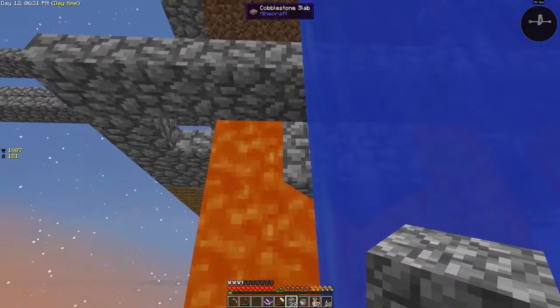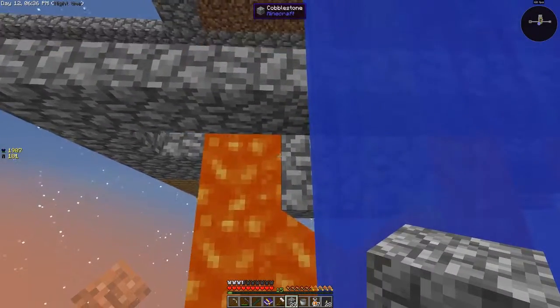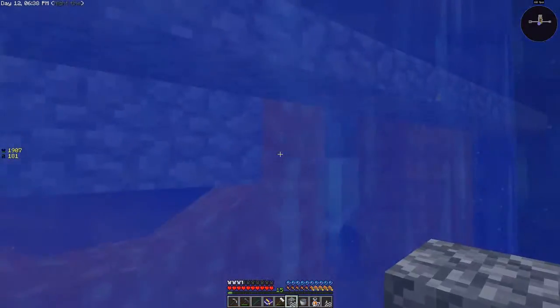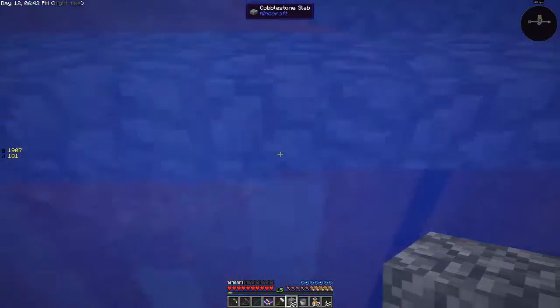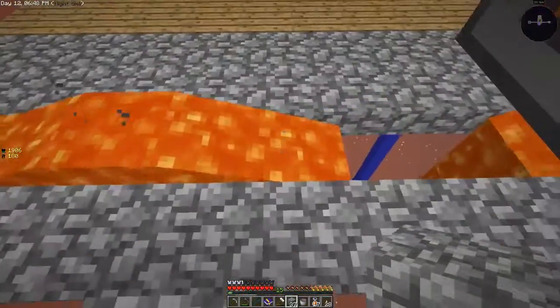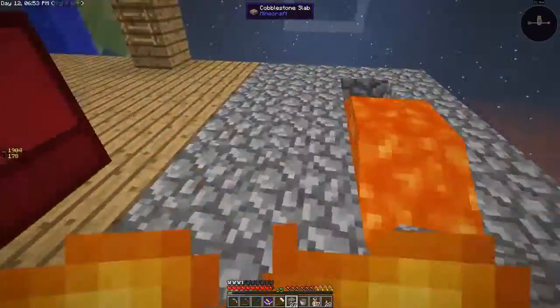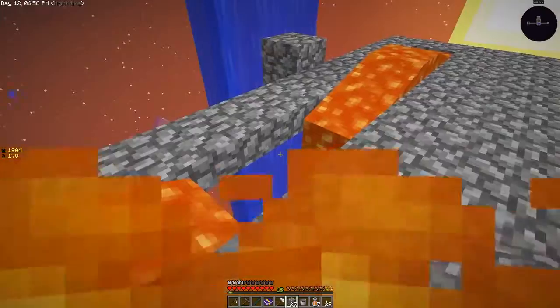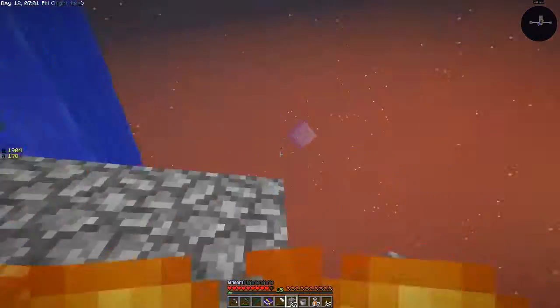Can we get this last block? Yes. Okay, so that's spreading all the way on that side, and I'm not sure we have actually got any water going this way. Going this way, so we have to be careful there. Ouch. Okay. Can we see... Oh, I've had an idea. Okay. What we can do...